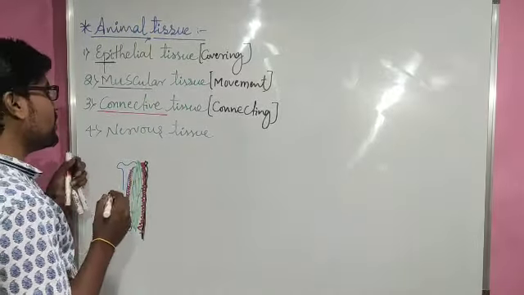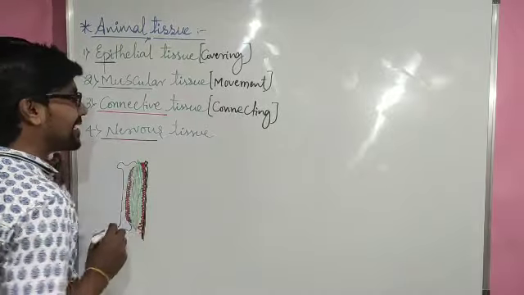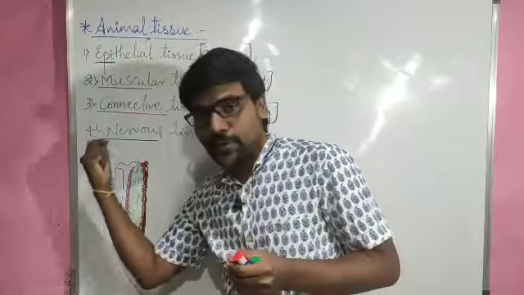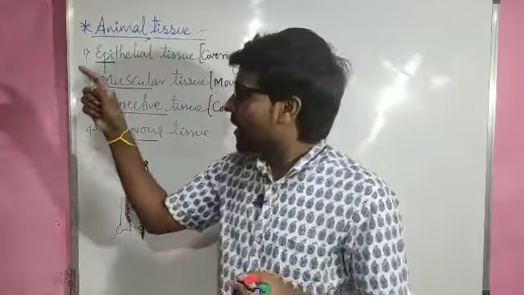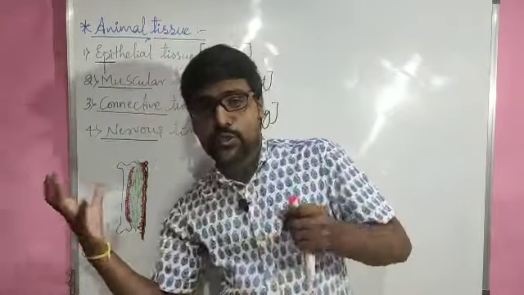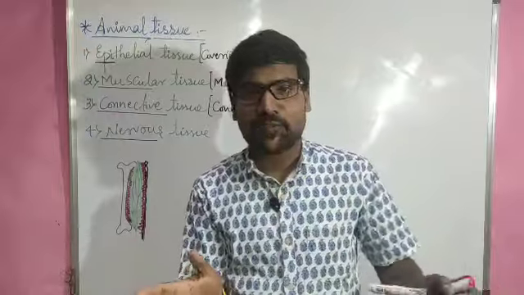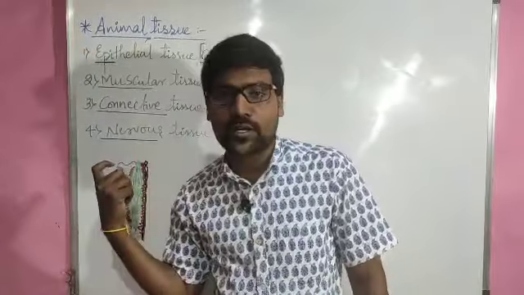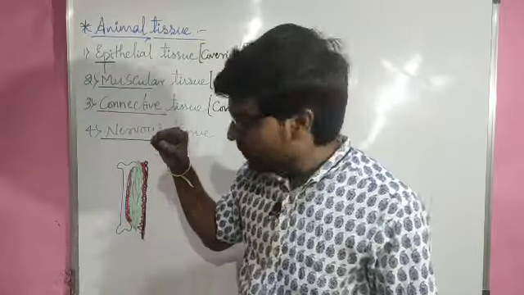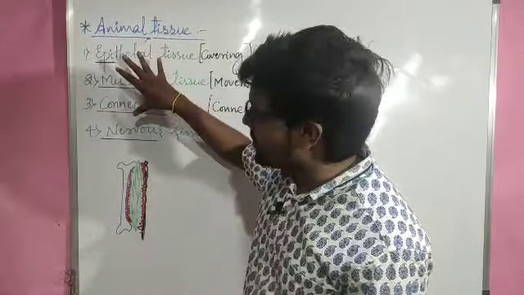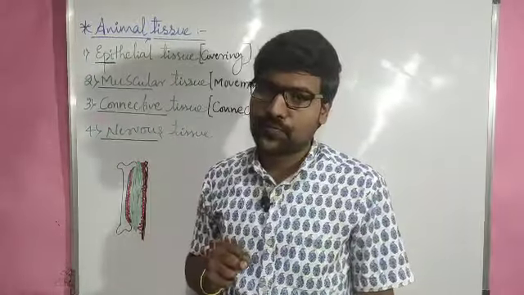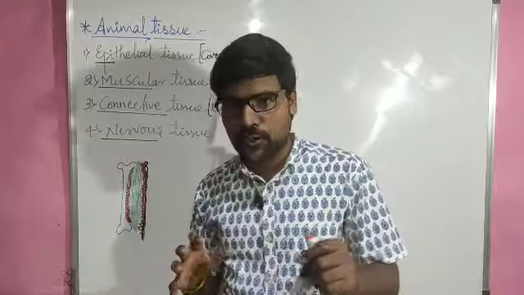And in the same way we have one more interesting tissue, that is the nervous tissue. One interesting thing is that, compared to all other tissues, comparing epithelial, muscular and connective tissue, this is the tissue present throughout the body in scattered form, and it is the fastest working tissue compared to all other tissues. And one more thing, all of these tissues at some point are controlled by this tissue. So it is a major tissue, it is a vast tissue.